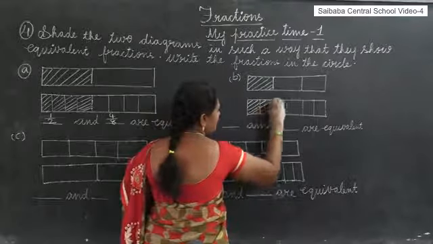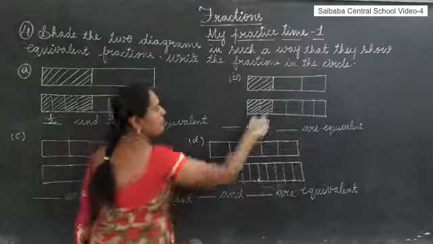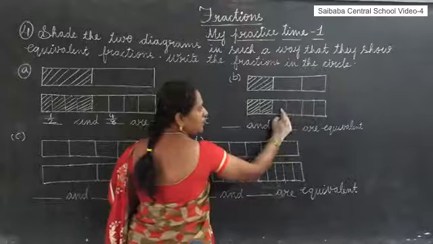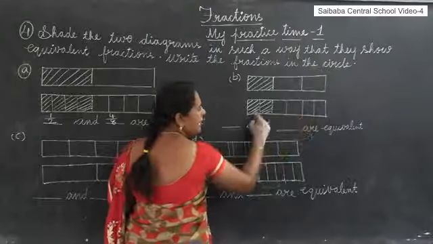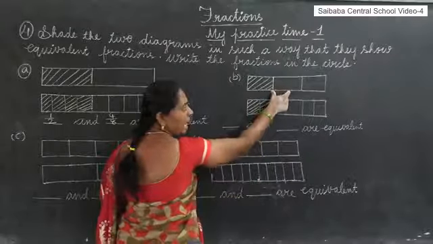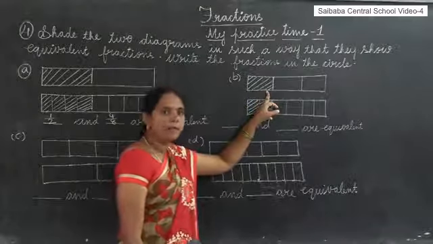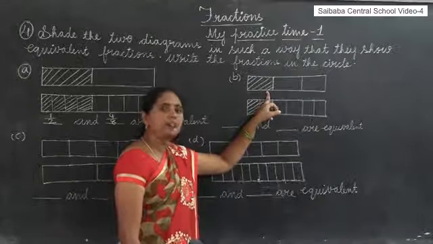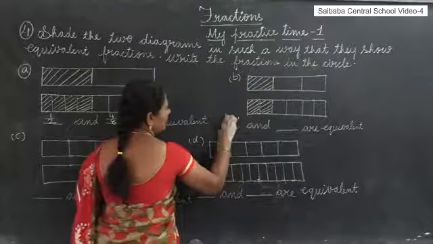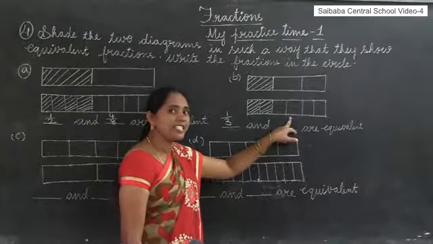How many parts do we have to shade? 2 parts. Now, what is the fraction of these shaded parts? How many parts are there total? Yes, total 6 parts are there. In the 6 parts, 2 parts are shaded. In this whole, how many parts are there? 3 parts are there. In the 3 parts, how many parts are shaded? 1 part. So, what is the fraction of the shaded part? Good. 1 by 3. Now, here what is the fraction of shaded parts in this whole?